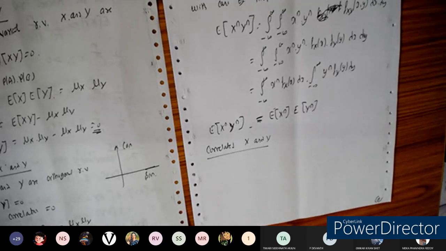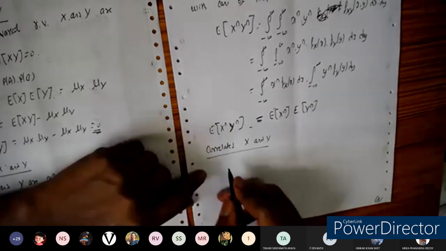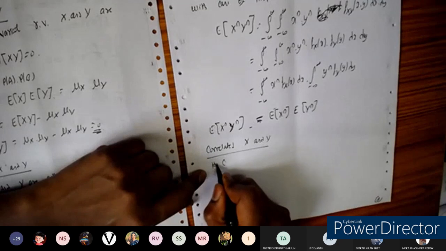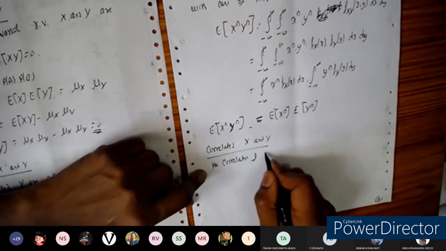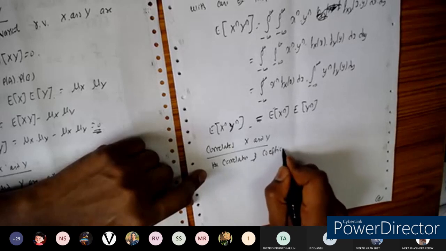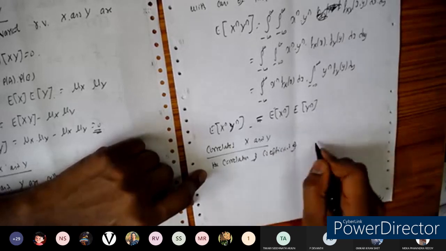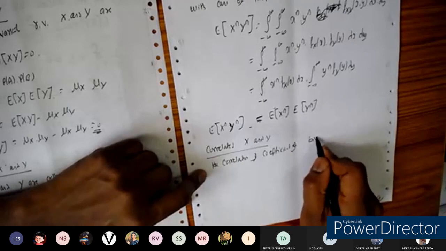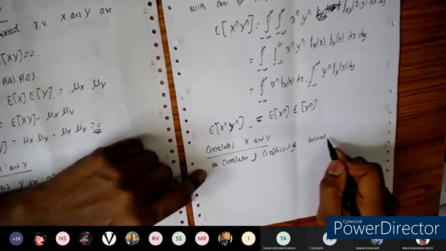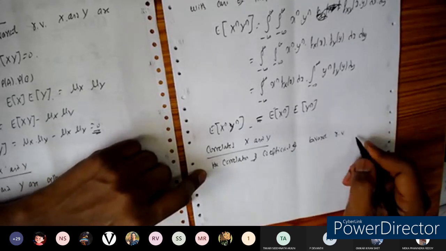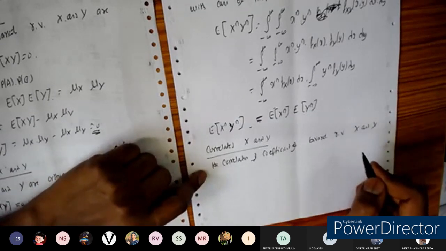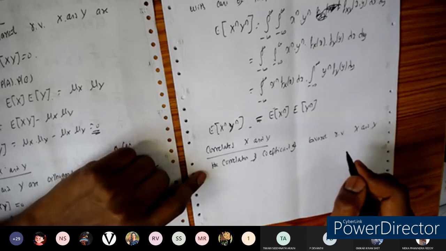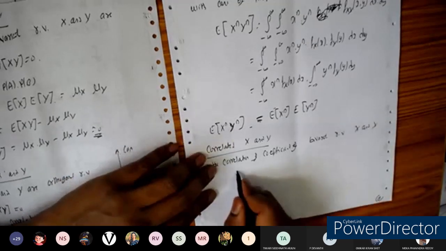The correlation coefficient of the bivariate random variable x and y is given by